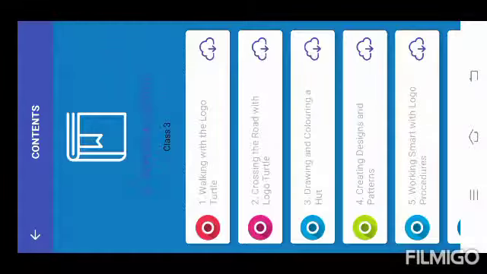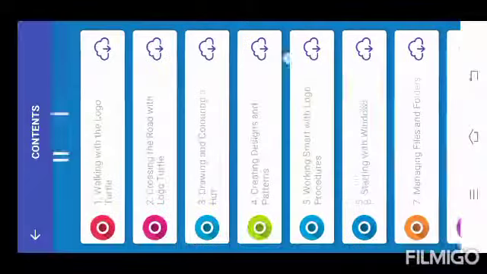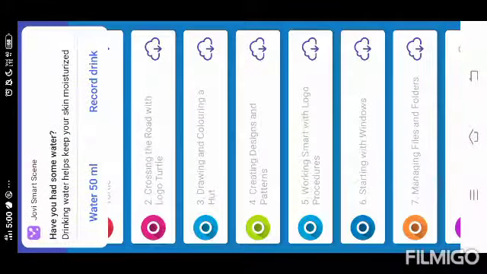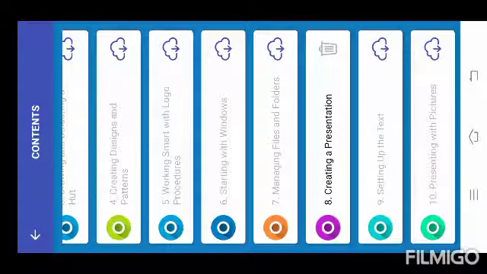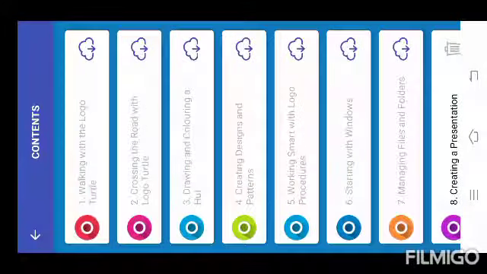So this is how you can use this app. As I have told you, all your chapters are given here. You just have to download them and then you can view the content. It is in the form of a video. You can understand the topics better. So you can access all the chapters. You just have to download the NGuru app and use the code which is given in your book. I hope this video will be helpful for you for understanding of your chapters. Thank you everyone.